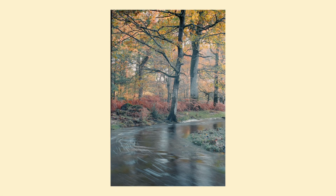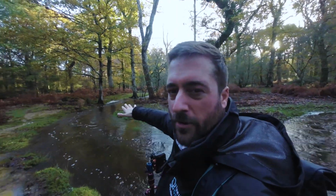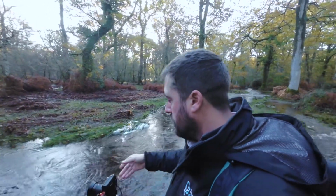What I'm hoping is that the half a second that I've got there is enough just to put a bit of motion, or just smooth out this water a little bit. And with these bubbles sort of making their way round like they are, that should have some nice interest going round. What I might do is just